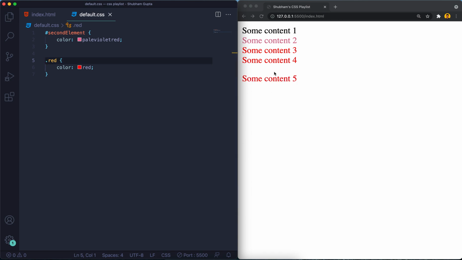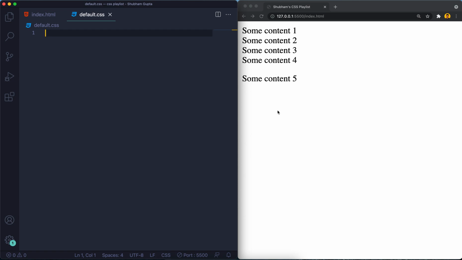So this is how we use the class name by using the dot, and the ID by using the hash. So: tag name, ID, and class. I'm just removing all this, save it, and you can see all are in black color.